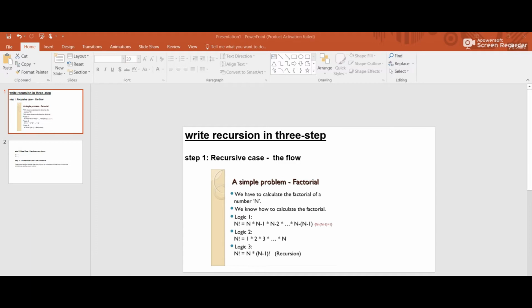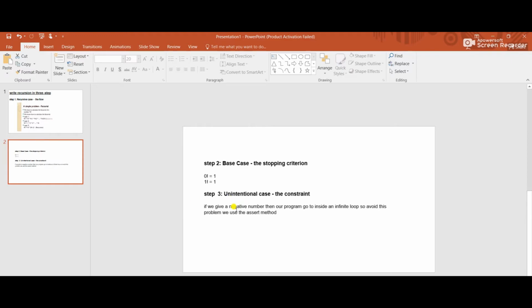Now let's move on to the second and third steps. Second step is base case. In every recursion program, it is necessary to write the base condition of your recursion. If we do not write the base condition, then it will run an infinite time. If we give a negative number as an argument, then our program will go inside an infinite loop. Now let's move on to our Thonny IDE